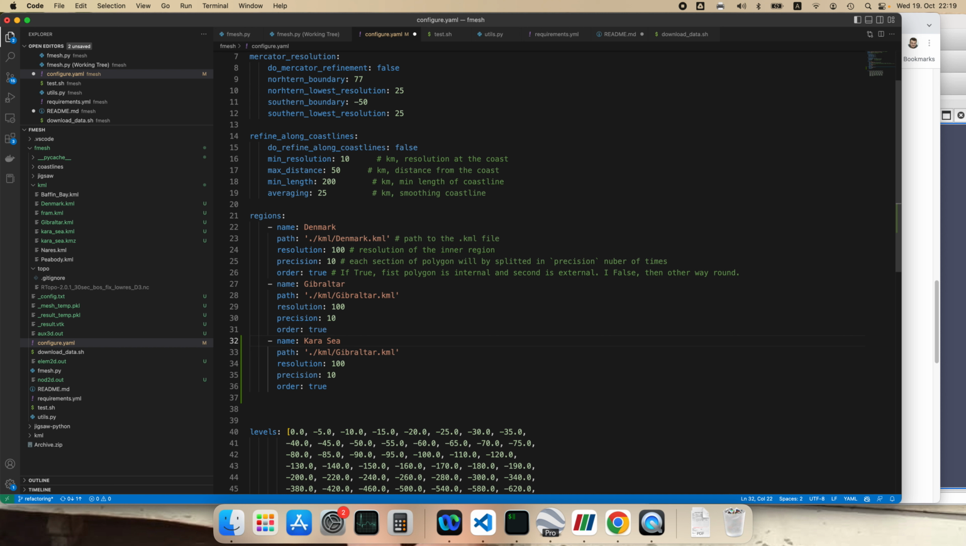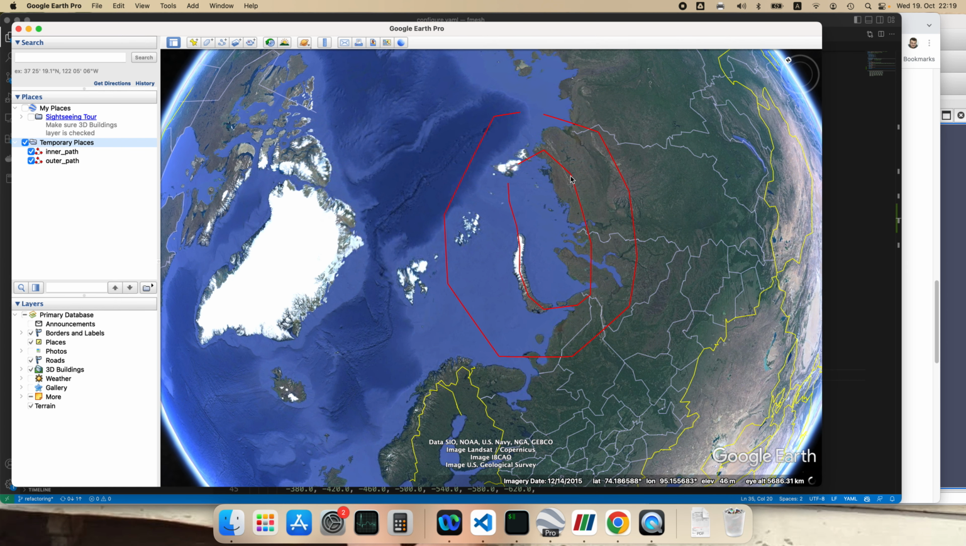So this is just a title, so it shouldn't be like with underscore or something. And this one should be a path to your KML file. So should be precise, of course. Kara C KML. So the resolution, let's put here 5 kilometer resolution, and precision is the number of